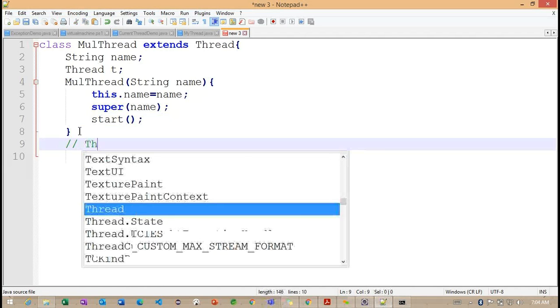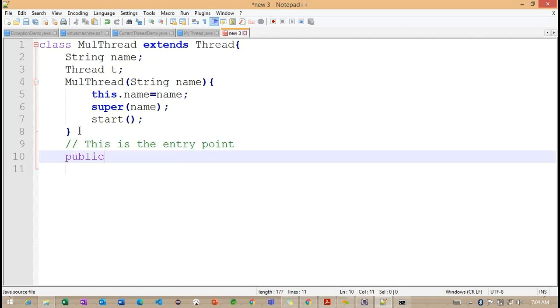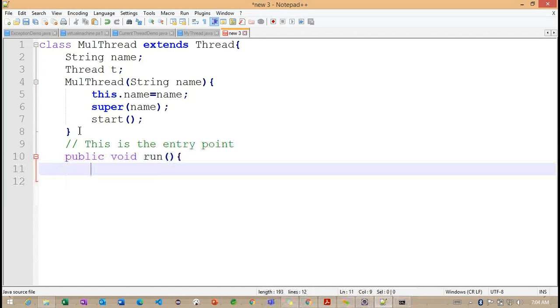Here, basically, this is the entry point: public void run method. Whenever we work with any new thread, we need to create a run method. Inside the run method, we define the code we want to execute.